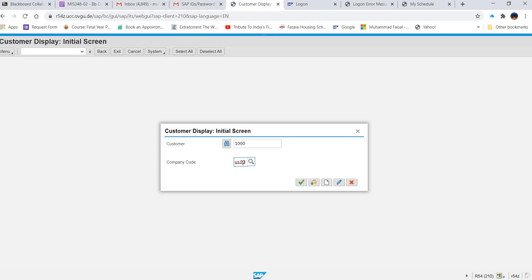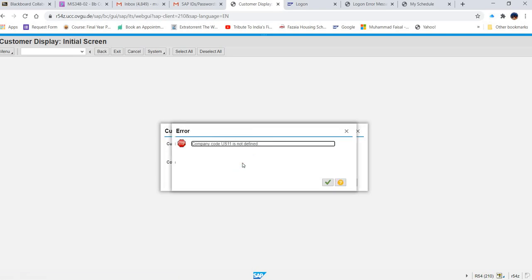If you try to enter something else, it will not accept. For example, if I try to enter instead of US00, say US11, and that data is not there in the system previously, it will not accept. It will give me an error. See, company code US11 is not defined. Okay.